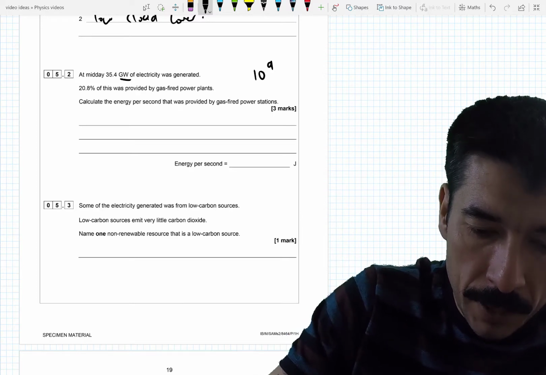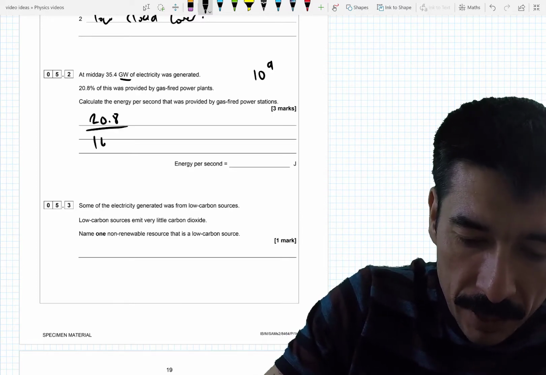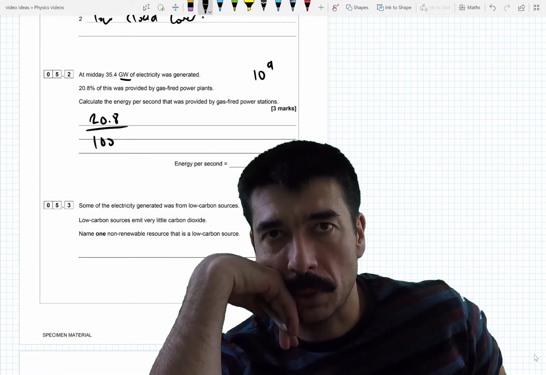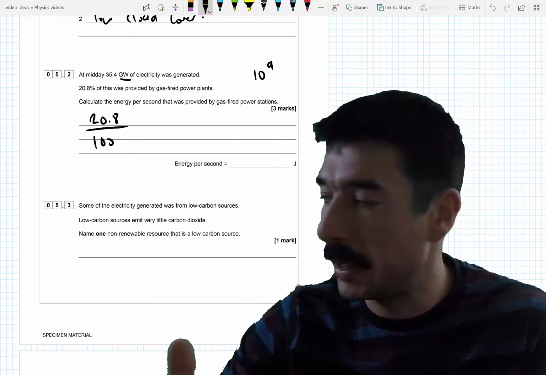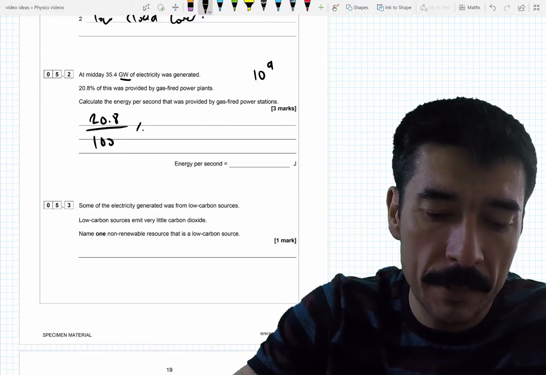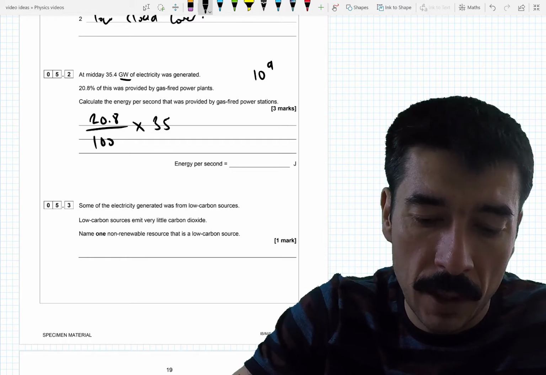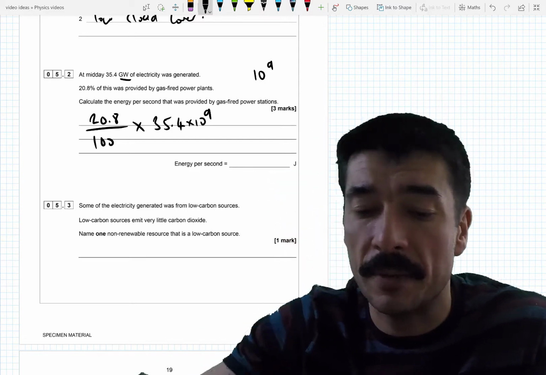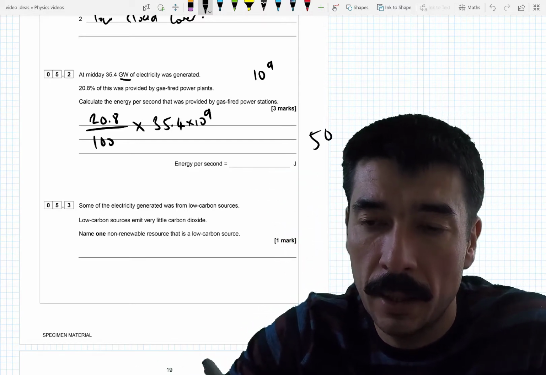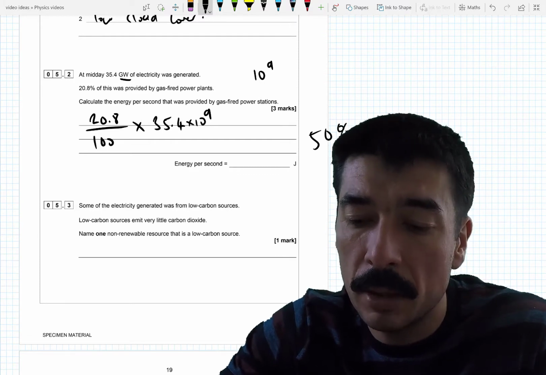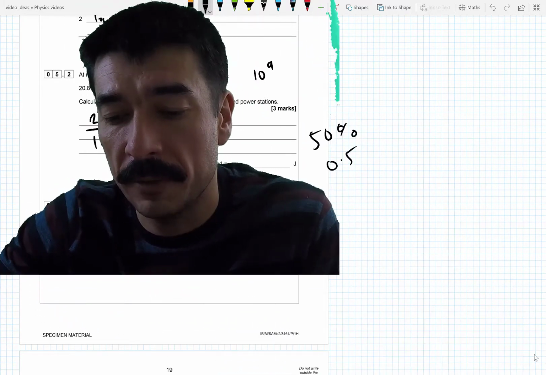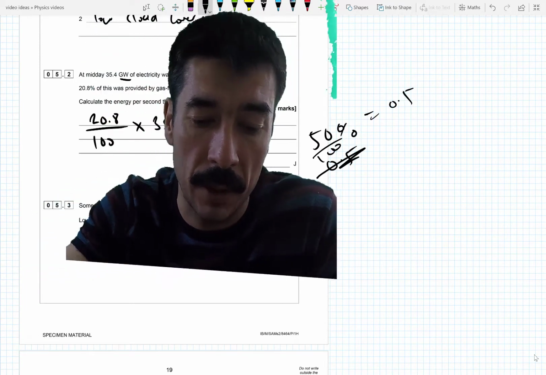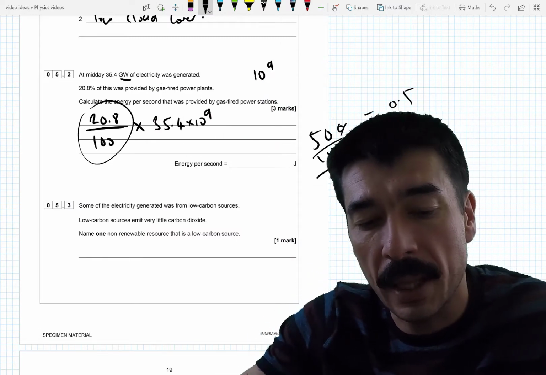Right. 20.8 out of 100 is expressing it as a fraction. 20.8 of 100 is 20.8%. Times that by 35.4 times 10 to the 9. If I had 50% of something, it's the same as multiplying something by 0.5, and 50 divided by 100 is equal to 0.5. So that is essentially what I've done here, and then I'm taking that as getting the percentage